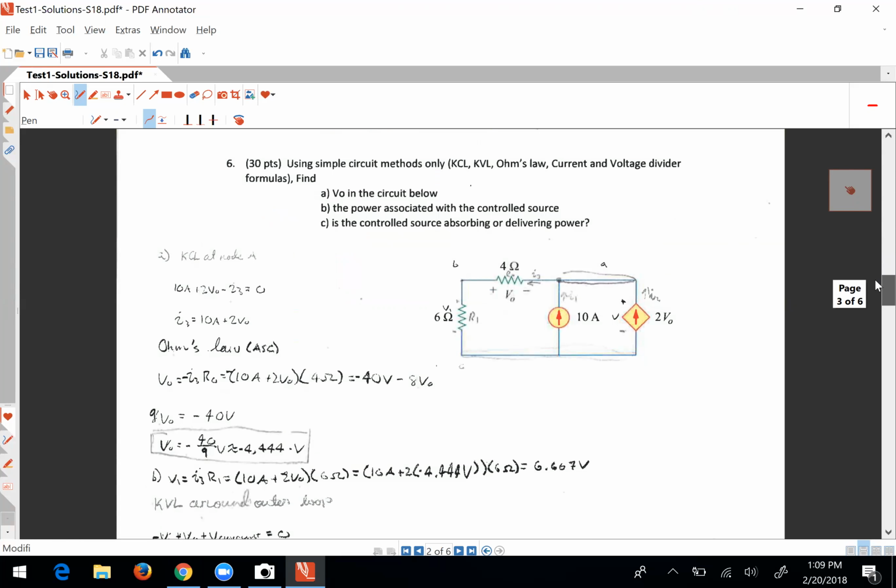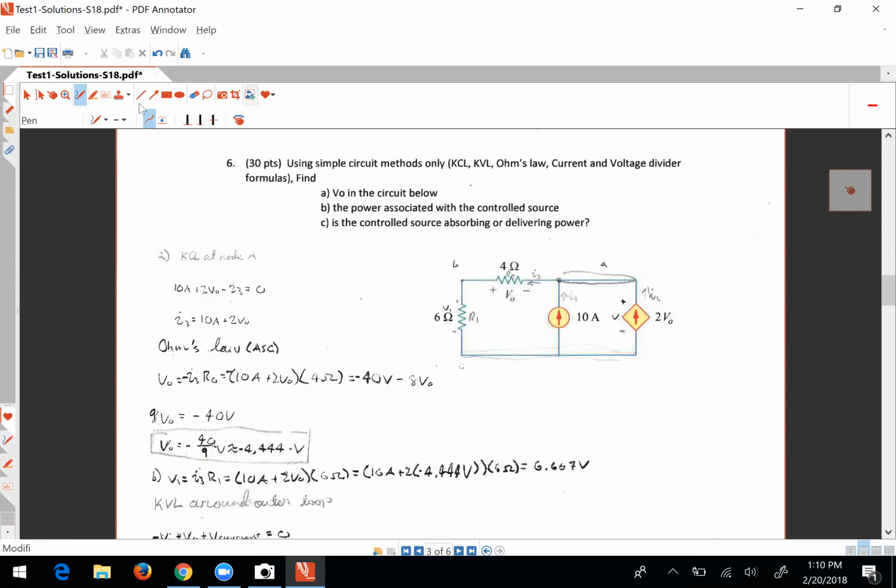Number 6 is an extremely easy problem if you know what you're doing. If you don't know what you're doing, it's extremely difficult. Or if you have some confusion. So there were a lot of points lost when people kind of were floundering. Basically, I'm looking for a couple of things. You can see it's actually,